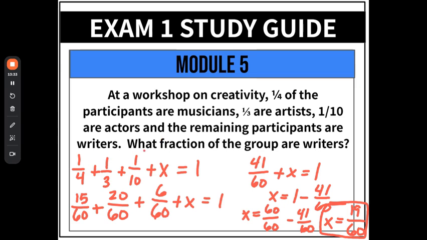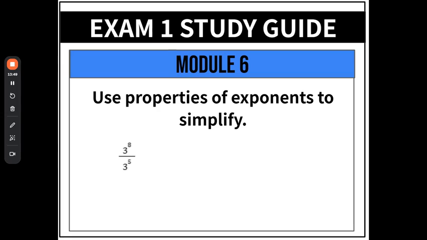I think the whole point of this problem is creating the common denominators here. Okay. But with number 21, use the properties of exponents to simplify. So they've given me here 3 to the 8 over 3 to the 5th. Now, there is an exponent property that says, I'm just going to use the 3 as an example, but it says